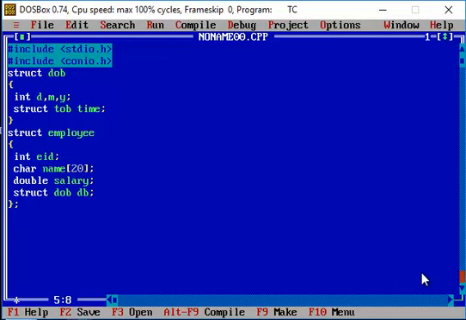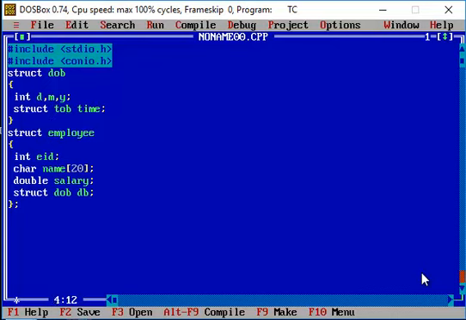So first you have the structure employee, and employee in turn has another structure member, date of birth, and this date of birth is going to have another structure member, time. So remember, time is a structure member of the structure DOB, and this time is of a structure data type, that is TOB.